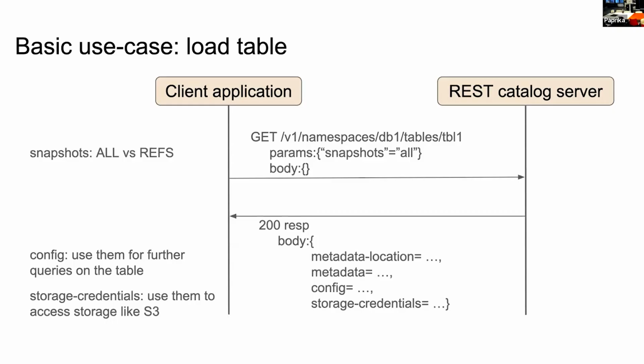On the other hand, the storage credentials are so-called vended credentials. So let's say that your user doesn't have all the access to, like, an object store. But then the REST catalog can give access to this user in a sense that it gives some credentials, temporary ones, and says that, okay, in case you use these and you want to access the data files belonging to this table, please use these credentials when you go to the object store, and it will let you in for a time, and then it expires, and then you have to get them again.